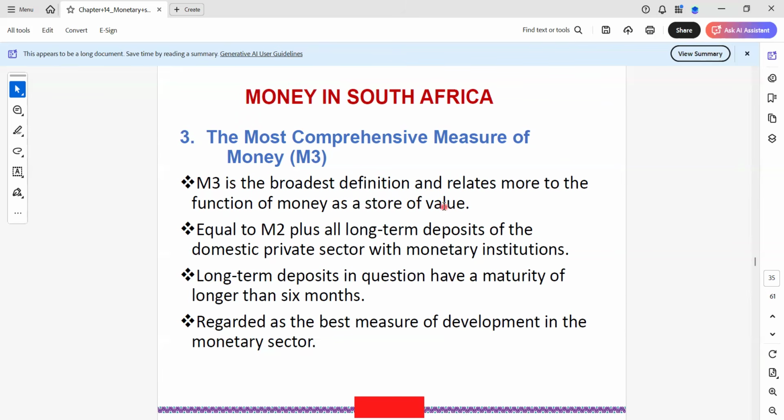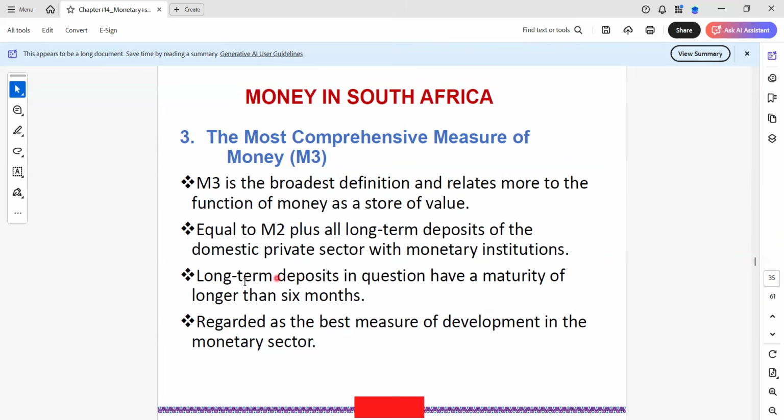Store of value. Remember what we said, Uti? We said store of value is what? We said that a store of value basically means you preserve your purchasing power to use it at a later stage, right? Money is held and then is withdrawn at a later stage, right? That is one of the functions of money, which is a store of value. Money can be a store of value in the sense that it can be held and used at a later stage, right? So this broadest definition relates to the function of money as a store of value